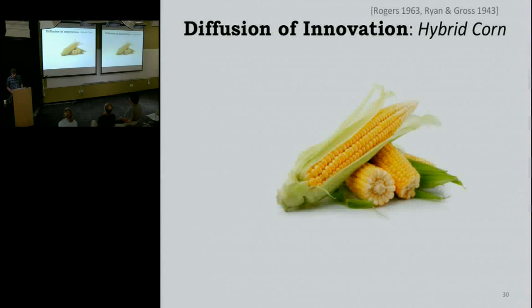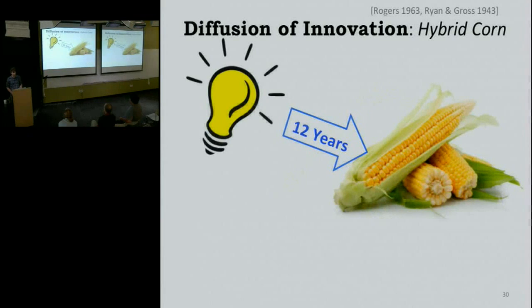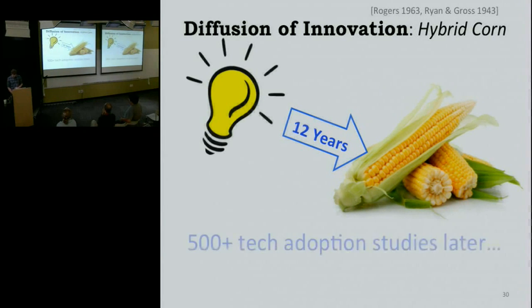What Ryan found was that it took about 12 years from a farmer hearing about corn that would increase his yield to actually using it on the farm. And all the farmers eventually did this. So the question is, why did it take 12 years? Over the next 20 years, there were a lot of other studies, some about corn, others about how children buy toys and how companies buy microscopes. About 500 quantitative studies later, somebody named Everett Rogers came into the picture and said, wait,